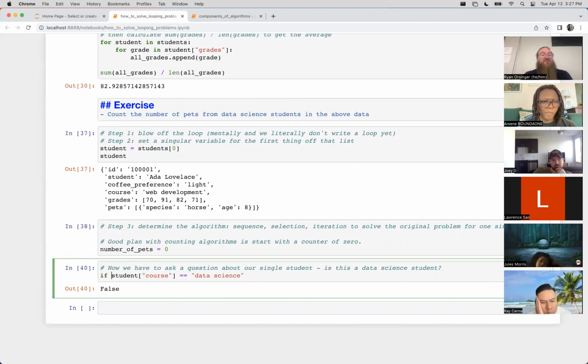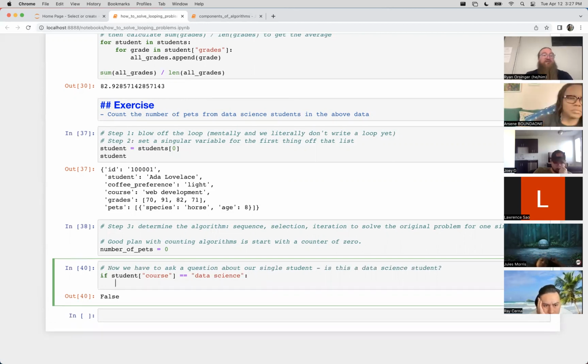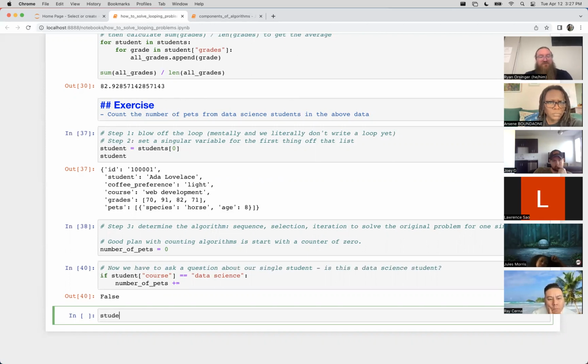And if you have a true or a false, you can then do selection. If student is data science, then we're going to do something else. If the student is not data science, we just ignore them. In this case, I don't have an else, right? But if they are data science, what I want to do here is say number of pets is, we're going to increase. We're going to do one of those little plus equals. I'll show you what I mean. So students at the course, or not course, but student